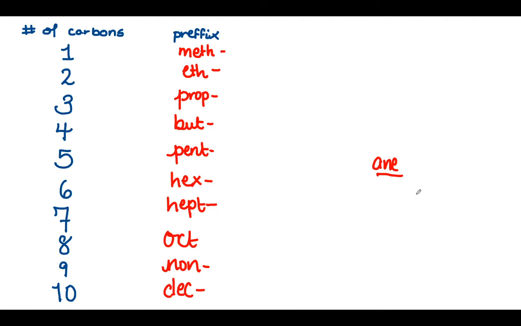So if we were to say draw a particular compound, you take a look at the prefix to tell you how many carbons there are, and then you take a look at the ending to figure out if there are any double or triple bonds. So let's do an example. Let's do butane. So if we were to try and draw butane, there are 3 ways that we can do that.